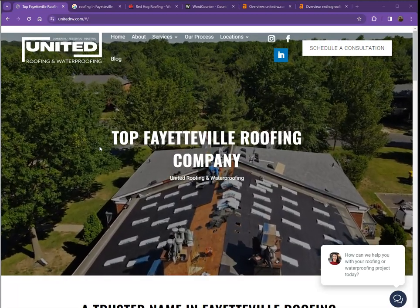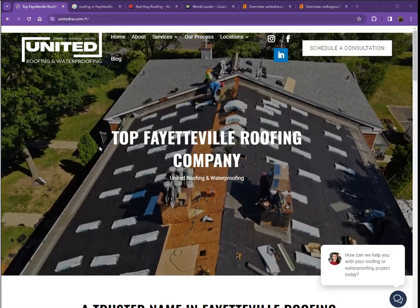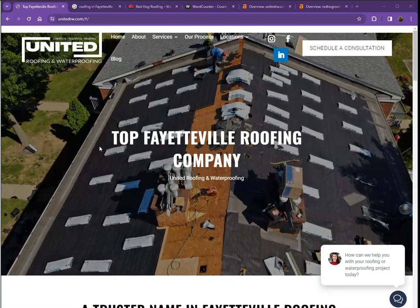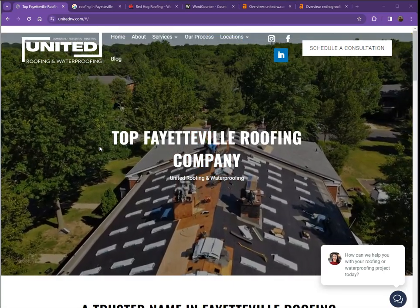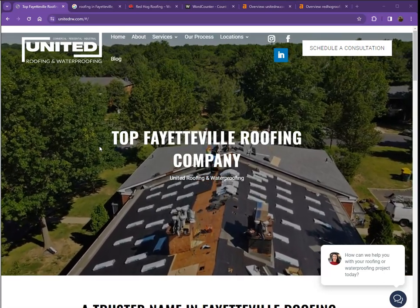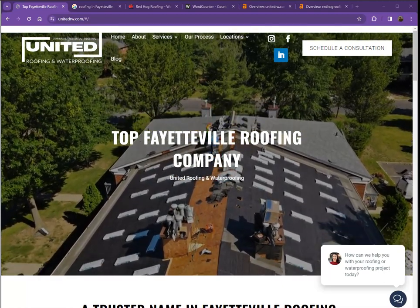One thing I can tell you right off the bat is that Google loves content. Google likes to see a minimum of 1,500 words on a homepage, and it seems like you have less than that. Also, in addition to this, the more content you have, the more you look like an expert in Google's eyes. So of course, if you would like to beat out the competition, you'd want to have 1,500 words or